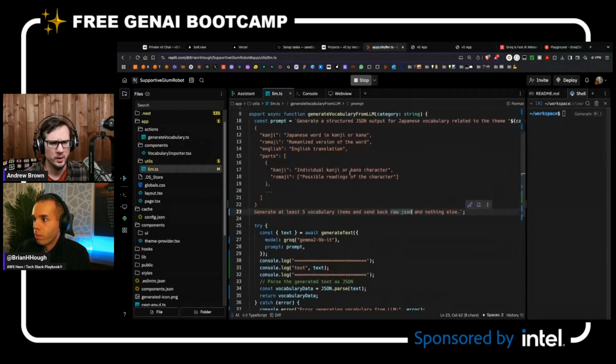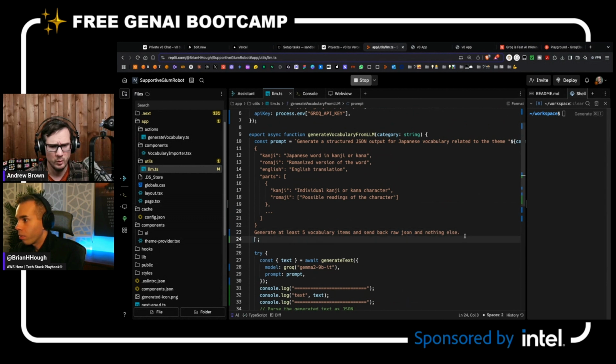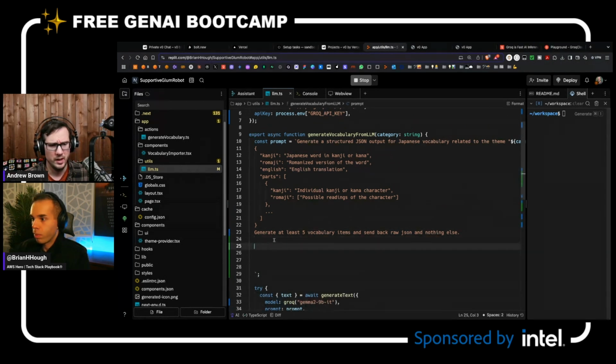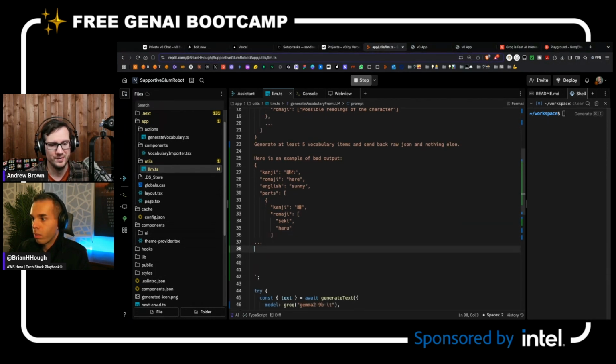And so, we need to, on line 23, keep going down here. We want to provide an example, and we'll just say, here is an example of bad output, right? And then we'll explain why it's bad. The reason that it's bad is because